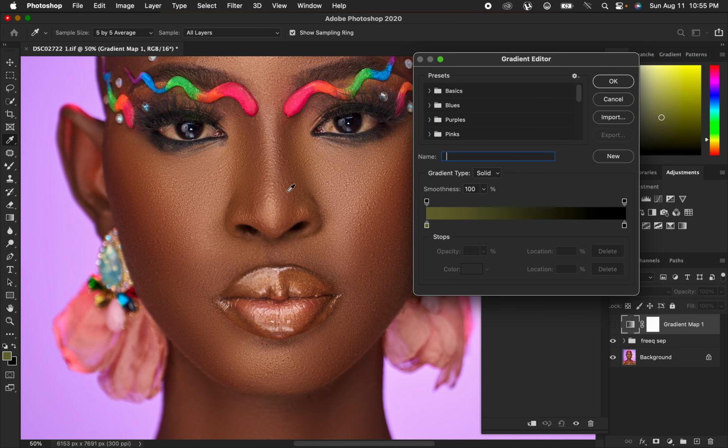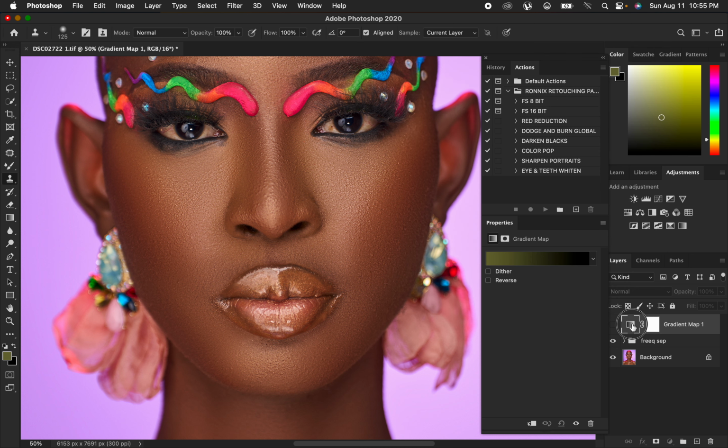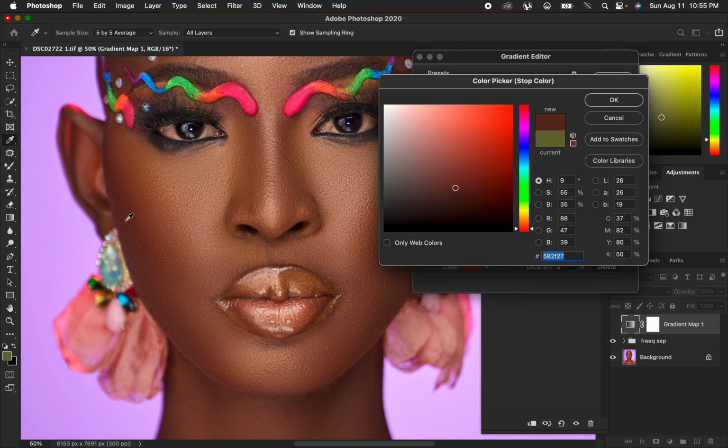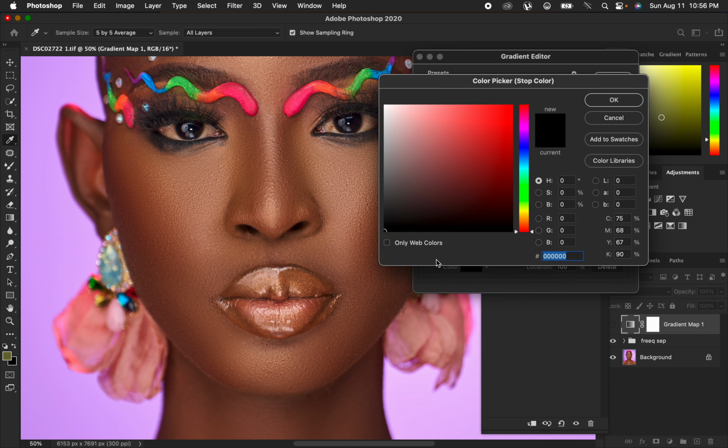So I'm just going to come to my gradient editor right here. I'm going to double click once again, then come right here to the darkest point. This is going to represent the darkest point of the skin tone. So left click once on this pointer and left click on the color, left click on the darkest point of the skin tone, like that color, hit OK, then left click on the brightest pointer right there and left click on the color option and click on what you feel is the brightest point of the skin tone,